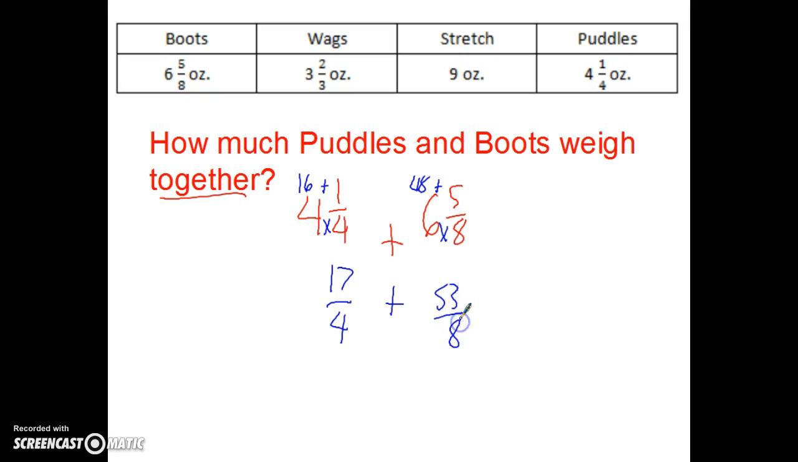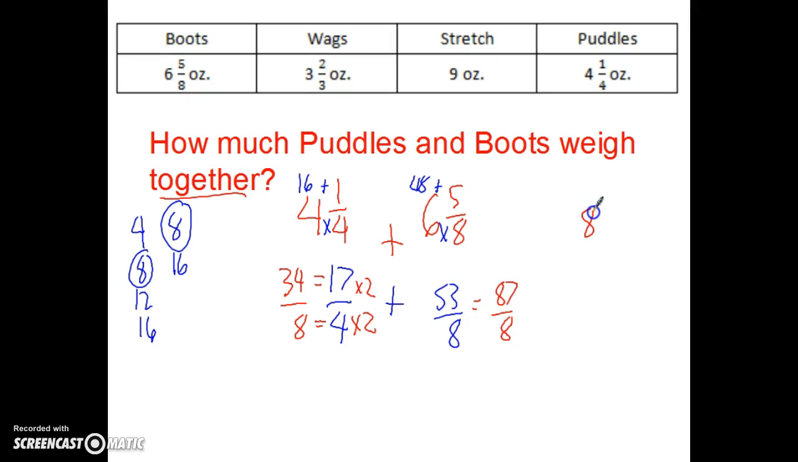53/8 again. Looking for an LCM for 4 and 8: 4, 8, 12, 16; 8, 16. Oh, it's just going to be 8. So I'm not going to need to change the 53/8. It's already okay for me. So I just want to change my fourths to get me to an 8. So that's going to be times 2. 17 times 2 is 34. So I have 34/8 plus 53/8 equals